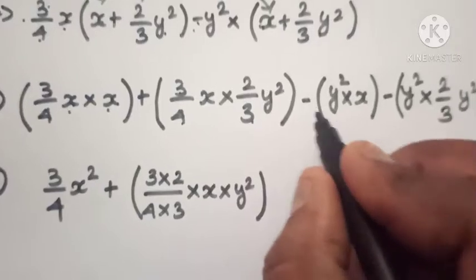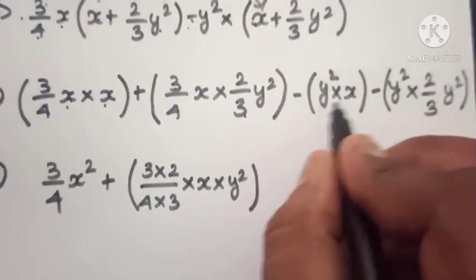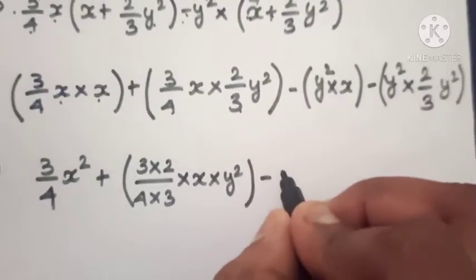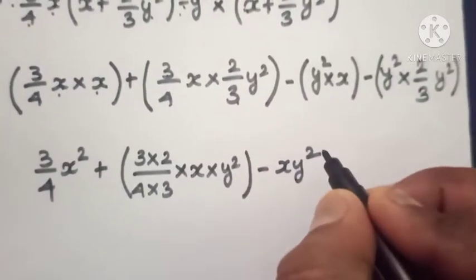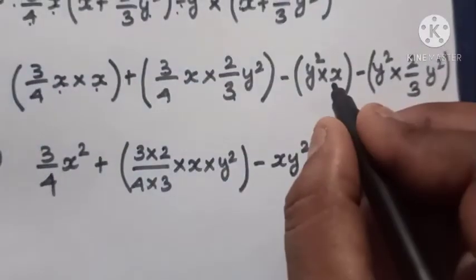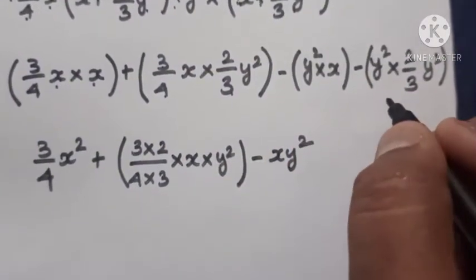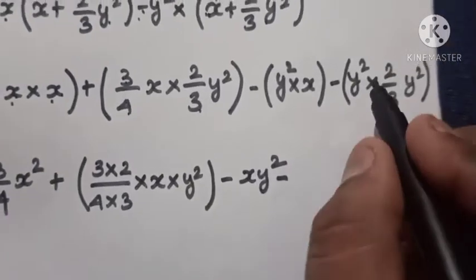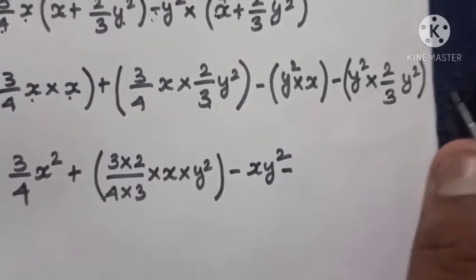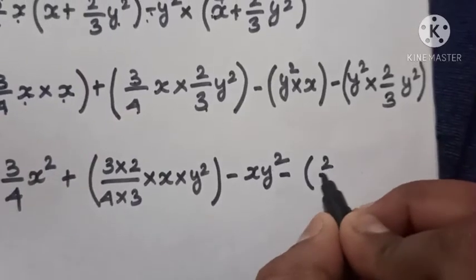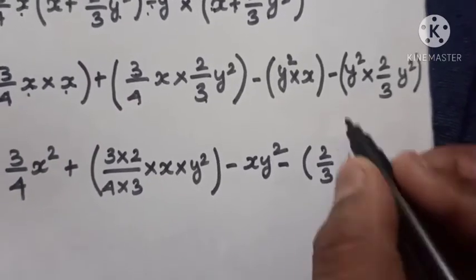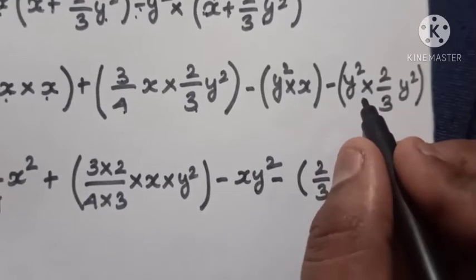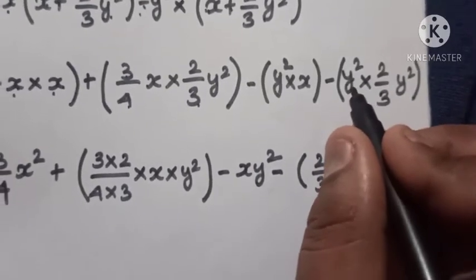Next we multiply the variables, x into y square. Here there are only two different variables, nothing we can do, so x into y square we directly take as xy square. Without the constant, we directly go with the constant and variable. Minus, here you can see only one number, so directly you take 2 by 3 as it is. Y power 2 and y power 2, by using the laws of exponents in multiplication,